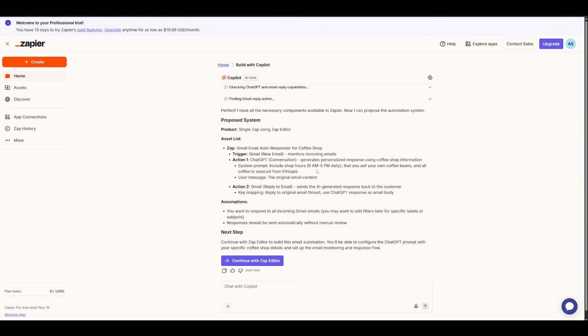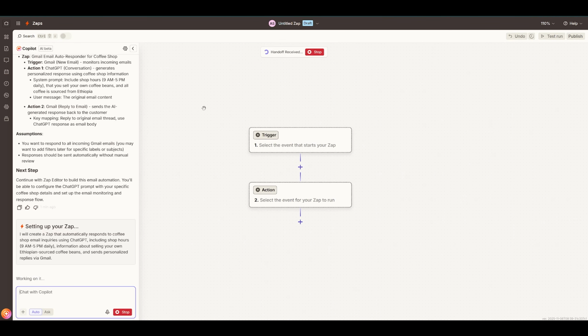Now, normally, if you're making AI agents in, let's say, n8n or any other AI agent builder, you're going to have to put all of this information in manually. But in this case, Zapier is going to handle all that for us. And that's why I personally love Zapier, because it does 90% of the work for you. So if you're satisfied with all of this, you can also ask it to make some changes if you want. But once you're satisfied, you can click continue to Zap editor,